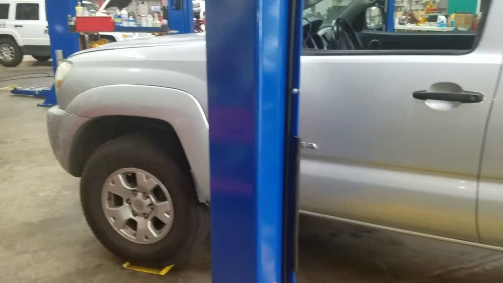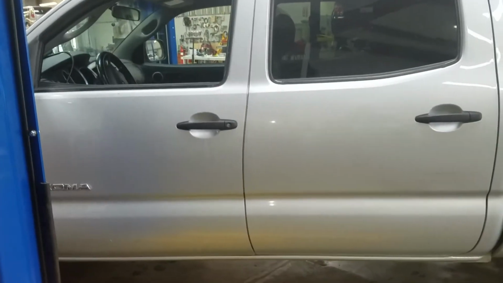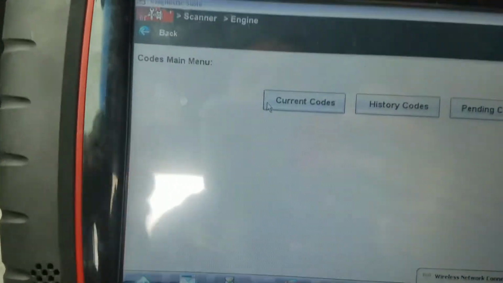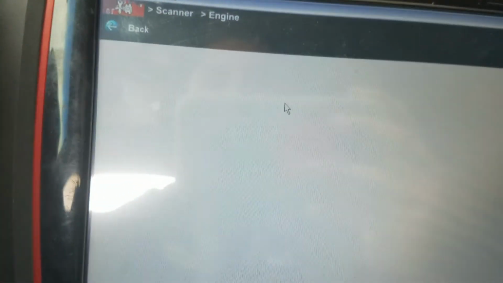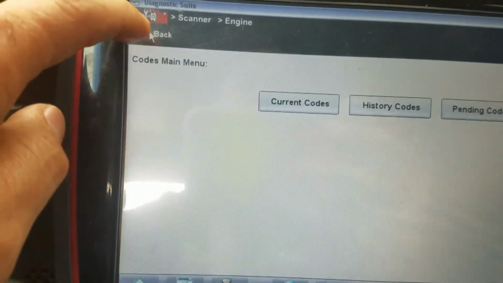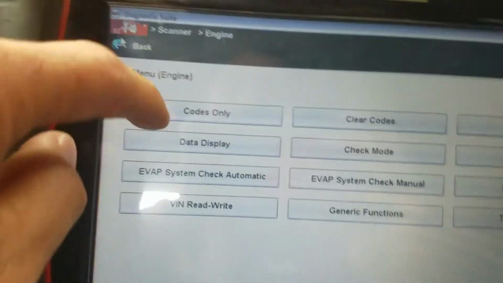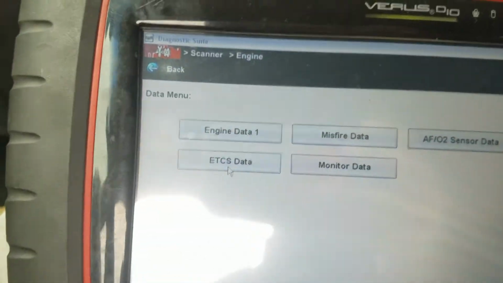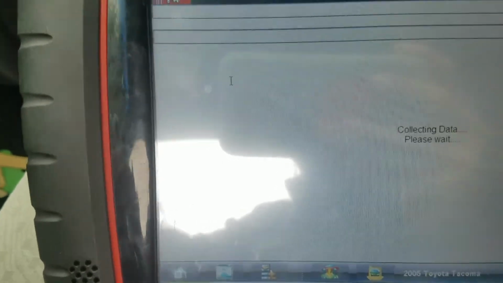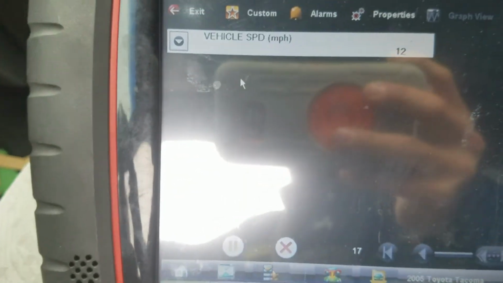Toyota Tacoma with a P0500 4.0. Okay, we're going to see the current codes on this 05 Tacoma. I'm going to check for data now. I want to see the vehicle speed because apparently it's not showing. I believe the ECM is not receiving that data correctly, and what happened is